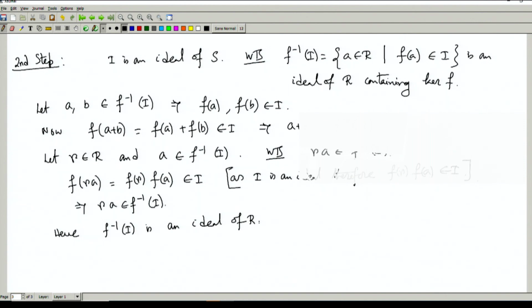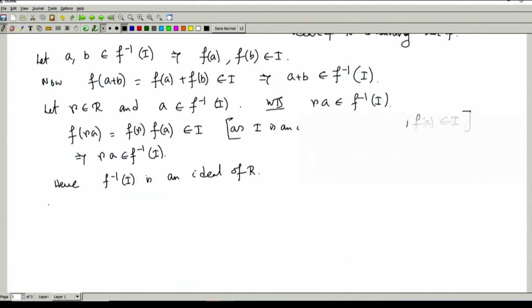So, next I would show that it contains the kernel. Let us start with any element, say x in the kernel of f. If x is in the kernel, that means what? Under the map f, this element x is mapping to 0, this is the 0 in the ring S. Since I is an ideal and 0 always belongs, because I forms a subgroup, the additive identity will always be in the ideal I. So, this means that f of x belongs to the ideal I, therefore it implies that x belongs to